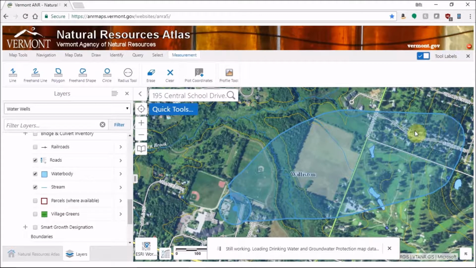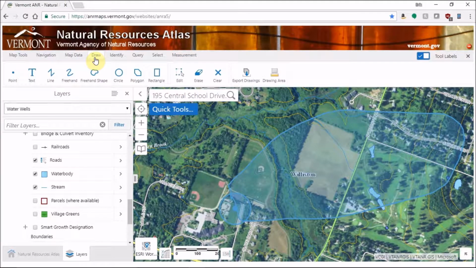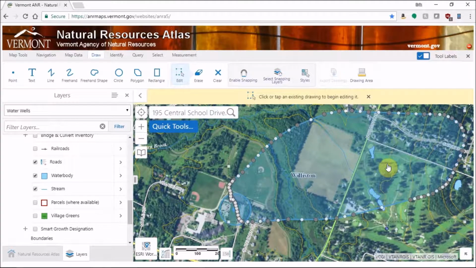So I have zone 1, zone 2, and maybe zone 3 is a portion of what I've already delineated. So what I can even do is edit this, click the edit tool, there you go. And I could, let's see,